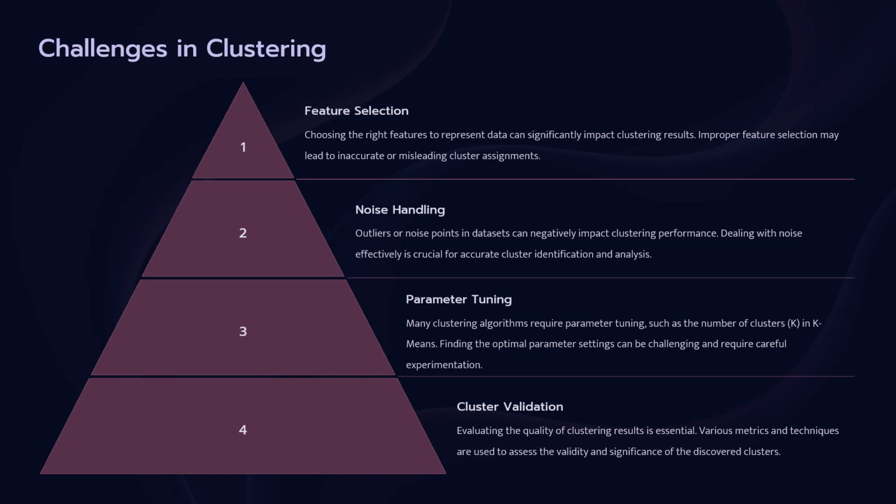And in noise handling, outliers or noise points in a dataset can negatively impact clustering performance. Dealing with noise effectively is crucial for accurate cluster identification and analysis. And in parameter tuning, many clustering algorithms require parameter tuning, such as the number of clusters, k, in k-means. Finding the optimal parameter settings can be challenging and require careful